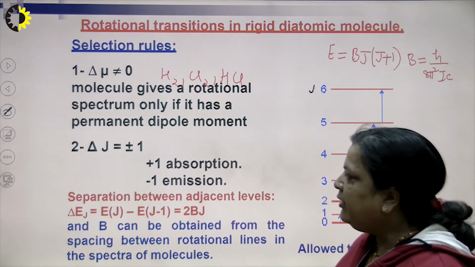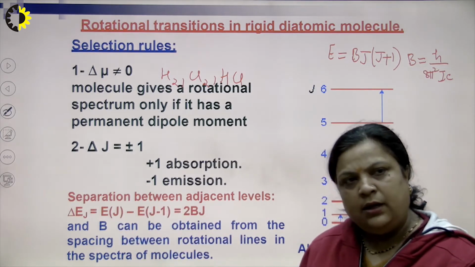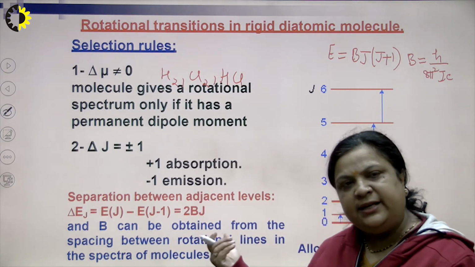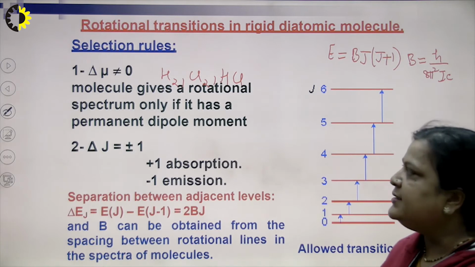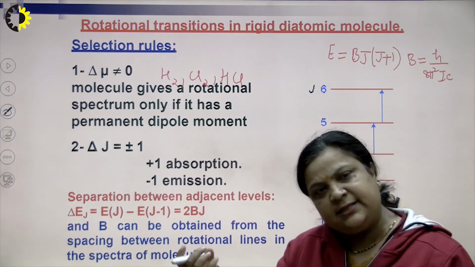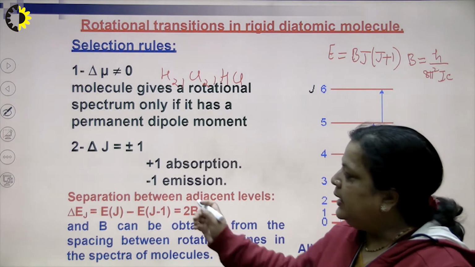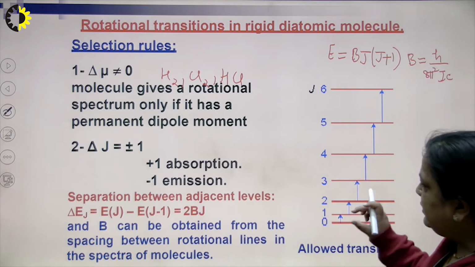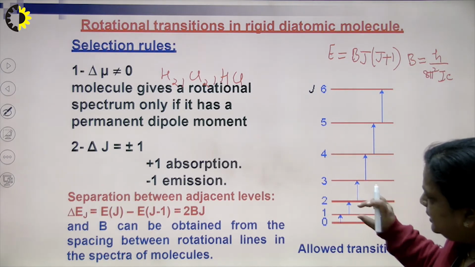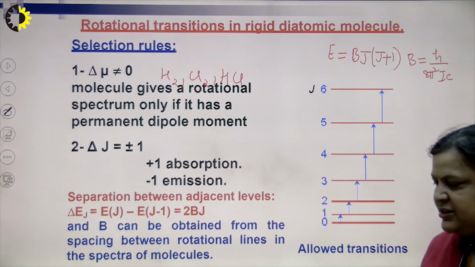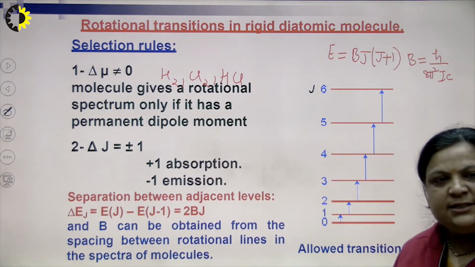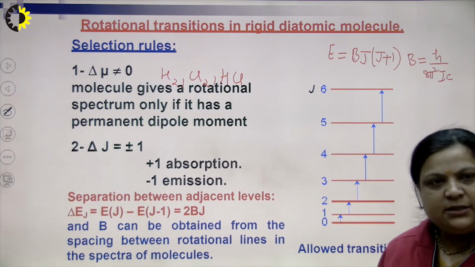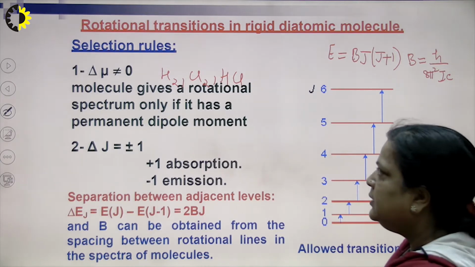For example, if we want to know how much energy is required, we can say energy for J level minus energy for J minus 1 level, or energy for J plus 1th level minus energy for Jth level. When we solve this, we get 2B(J+1). It means we can easily say that the spacing between the rotational energy levels is 2B. And how this 2B comes, we find